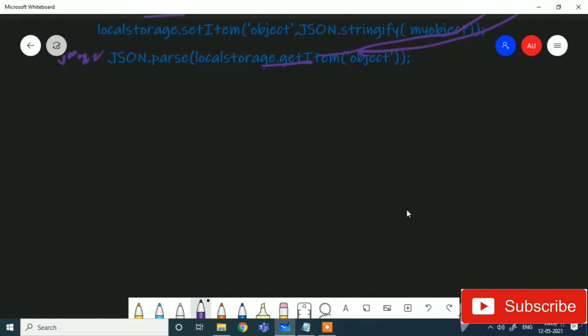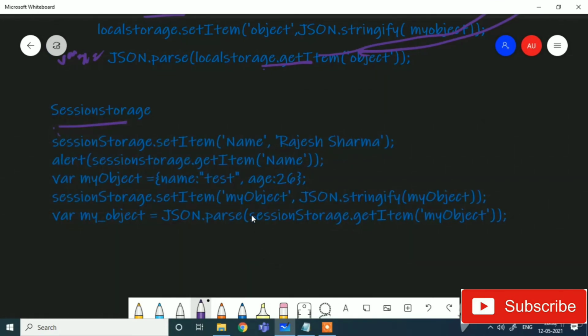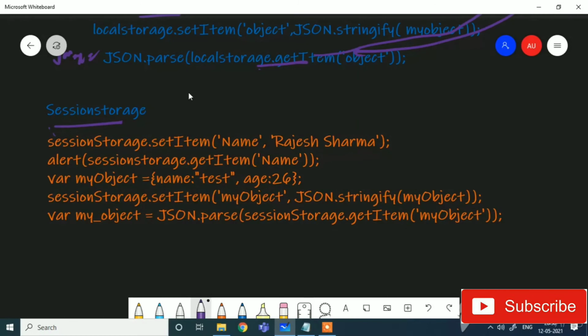Now let us see what session storage is. Session storage is exactly the same as local storage. Earlier we were using local storage, now we are using session storage: setItem name and Rajesh Sharma. If I want to get this information, sessionStorage.getItem name, I am sending the key and it will return the key value pair.